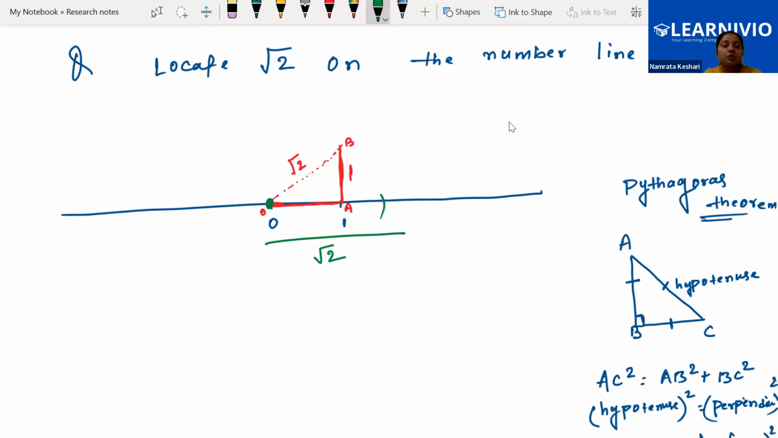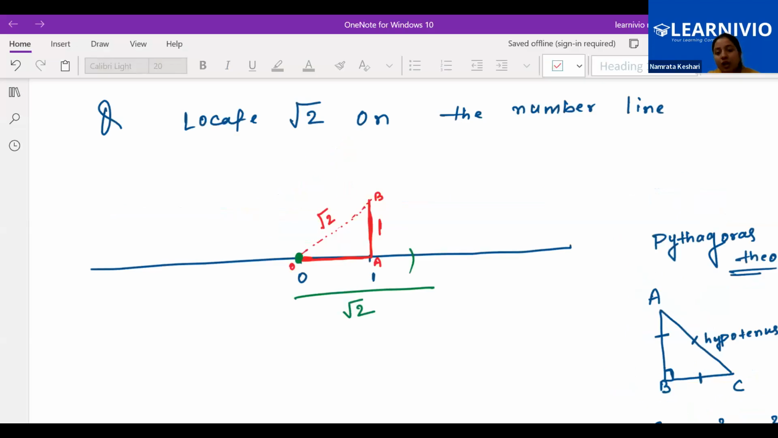This is how accurately we will be able to locate root 2, which was not possible without this trick, without using the Pythagoras theorem, because that is a non-terminating, non-recurring decimal number. So we would not be able to locate it exactly. Approximately we could have done it, but the exact point we would not have found. So by using the hypotenuse and the Pythagoras theorem,